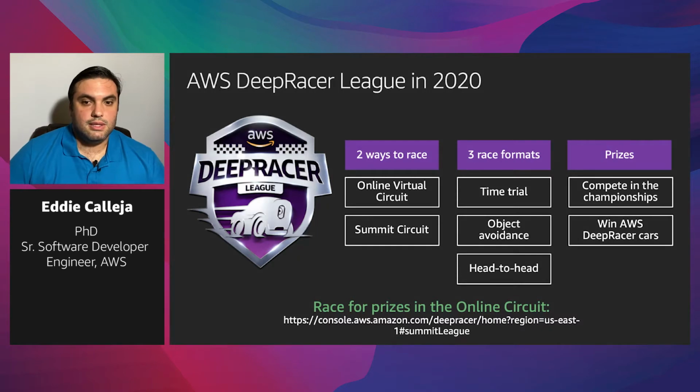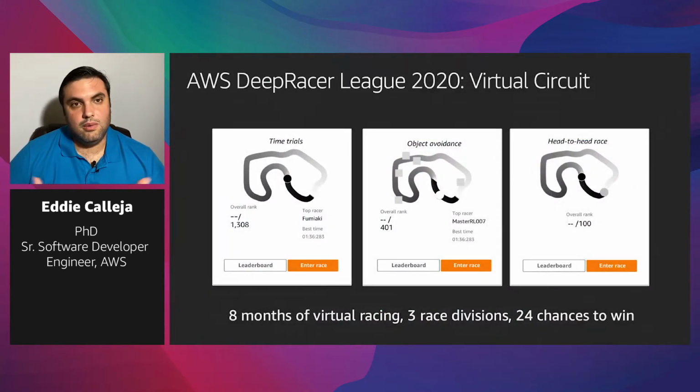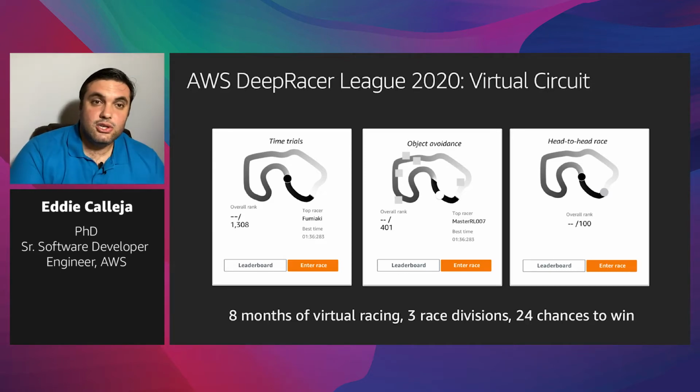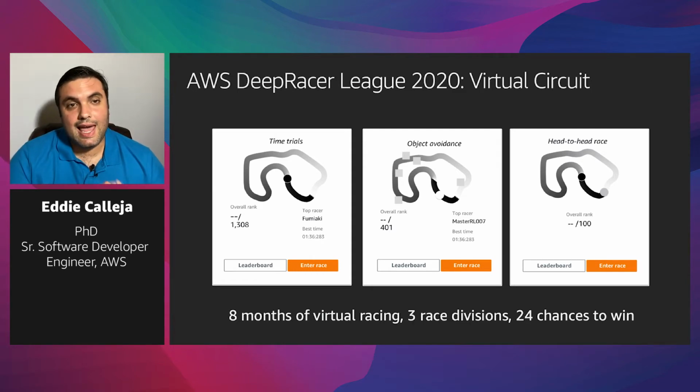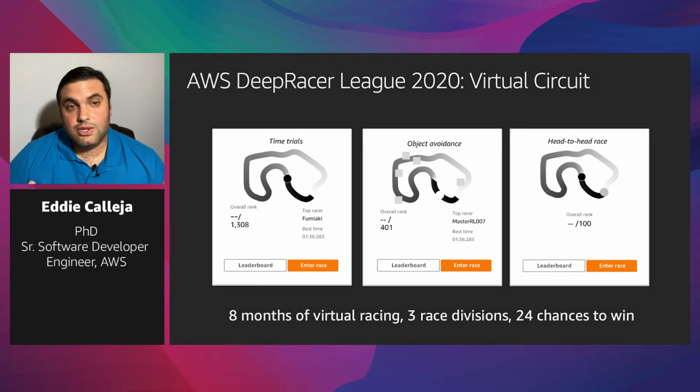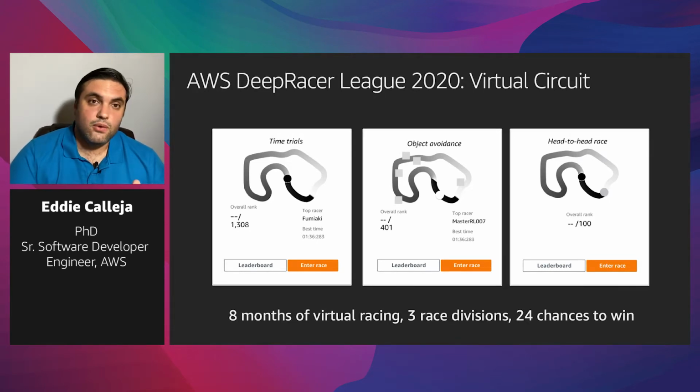Now, as I started off, I said we added the DeepRacer Evo and we added these 2 sensors, LiDAR and stereo camera. Well, why did we do that? We did that, as I mentioned earlier, because we wanted to take on more complex environments. But the addition of stereo camera and LiDAR allowed us to unlock 2 new racing formats. So in 2018 and in 2019, when we launched the first league, it was just time trial. Your task was to train a reinforcement learning model that could complete the track as fast as possible. And that's still kind of true today.